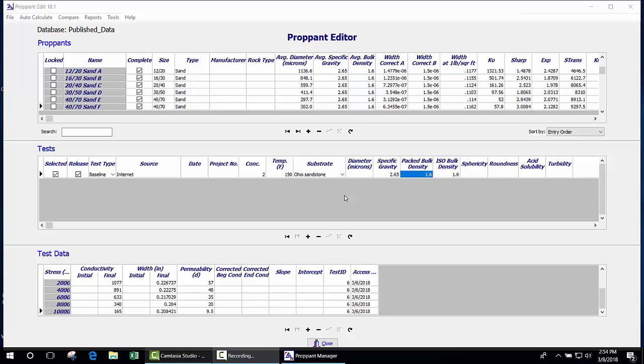Propent Manager holds all of the Propent connectivity data that belongs to the Propent Consortium and is used by STEMLab to feed PredictK the coefficients needed to describe Propent performance. In addition, Propent Manager can be used to store Propent data from any source. In this video, we'll highlight how Propent Manager can be used to act as a central database for keeping track